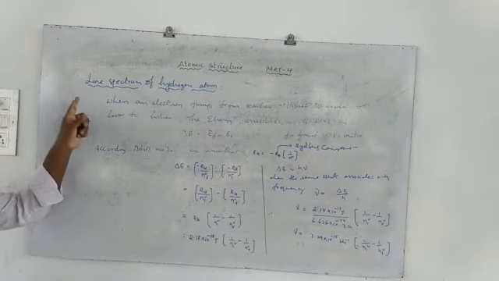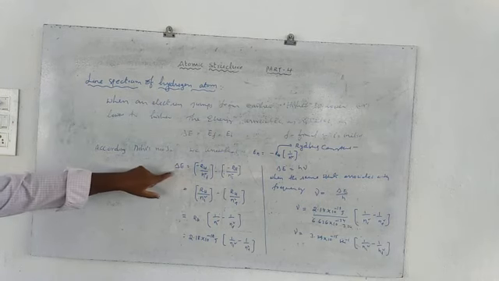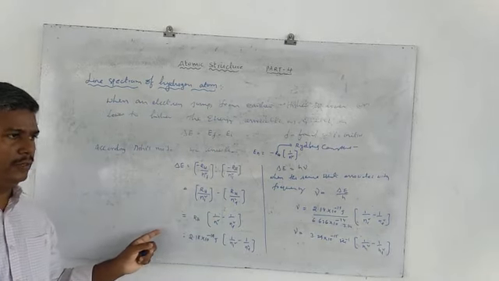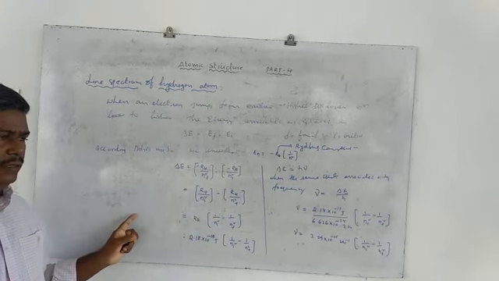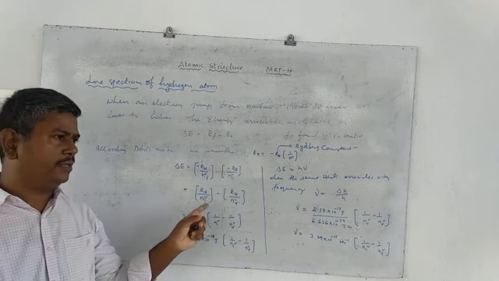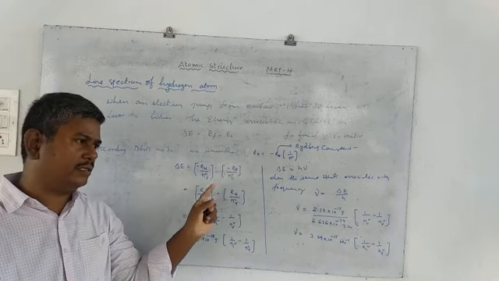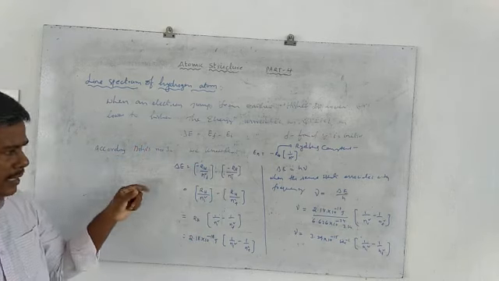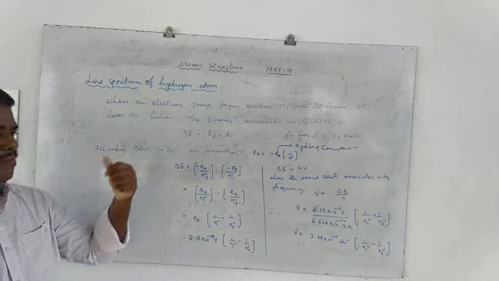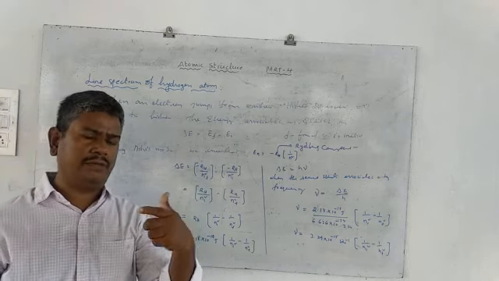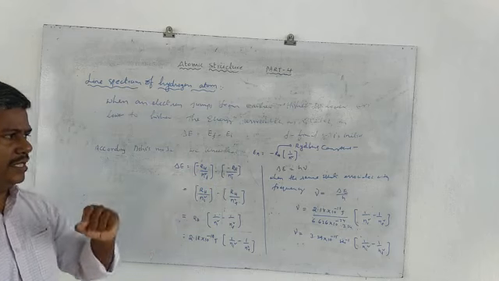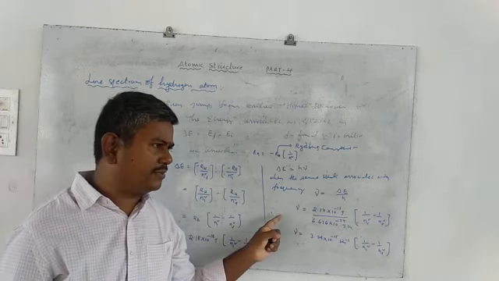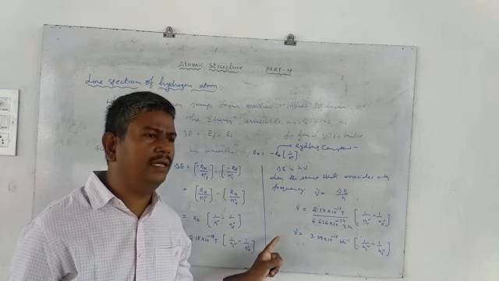It means we can calculate delta E in the spectral lines. We have different spectral lines. n equal to 1 means the ground state, that is the Lyman series. n equal to 2 means the Balmer series, that is the ground state for Balmer. n equal to 3 means the Paschen series. And n equal to 4 means the ground state for Brackett. n equal to 5 means the ground state for Pfund series. So like this, while you are substituting the values, we get the energy as well as the radiation frequency, everything will be obtained here.